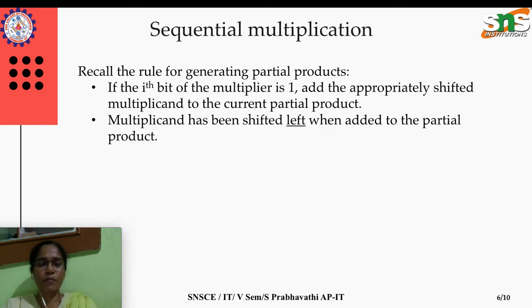Why are we moving to sequential multiplication rather than the previous combinational logic implementation we discussed? In combinational logic the drawback is that the number of gates increases if we increase the input size to 32-bit or 64-bit.